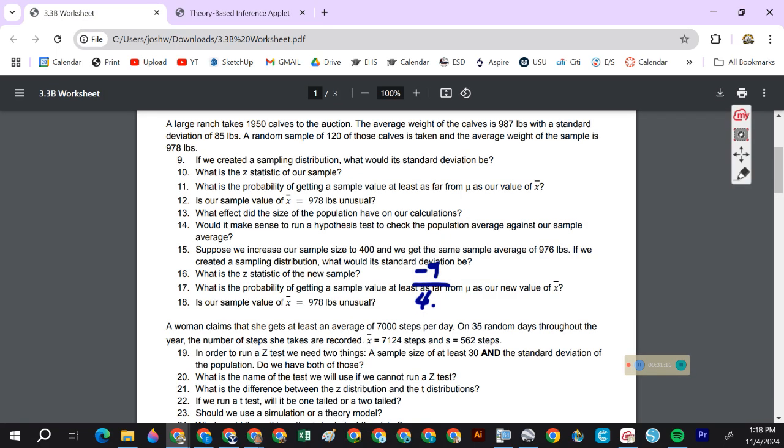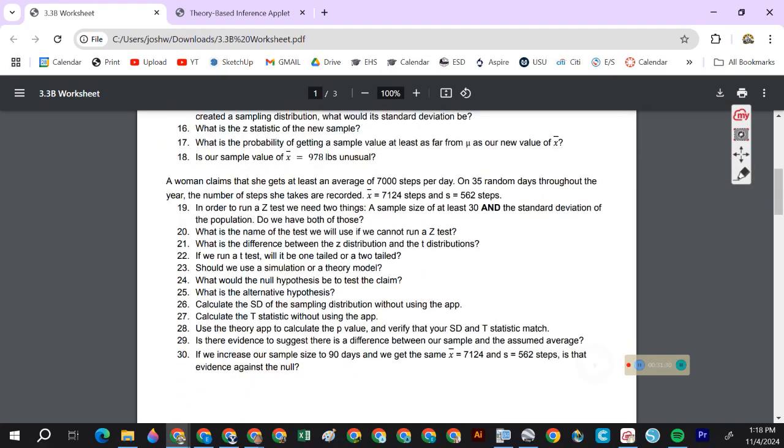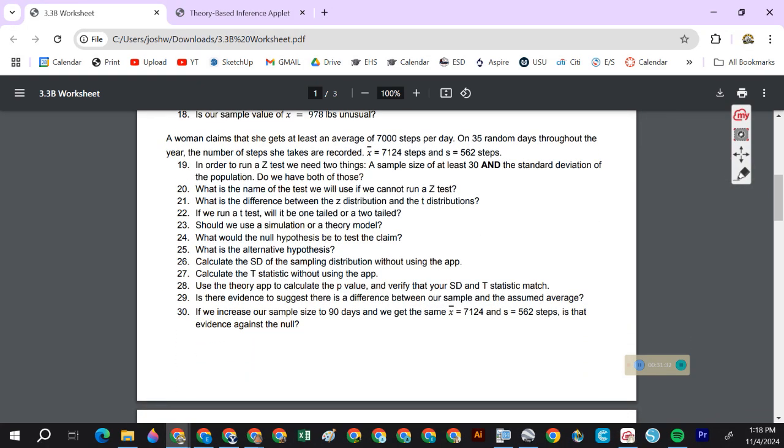All right. So is our sample value of 978 unusual? Yes. It is unusual. Okay. So,